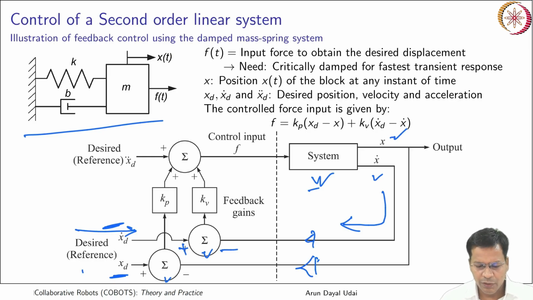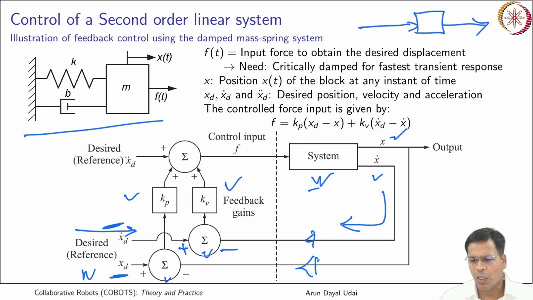Similarly, this one calculates the error in position, and both of them are fed to the constants which are there. You already know that if it is a block, a signal gets in and a signal goes out. Output signal by input signal is the transfer function. It can be simply a gain, which is nothing but a constant multiplier. So this is Kp. Kp is the position gain and Kv is the velocity gain.